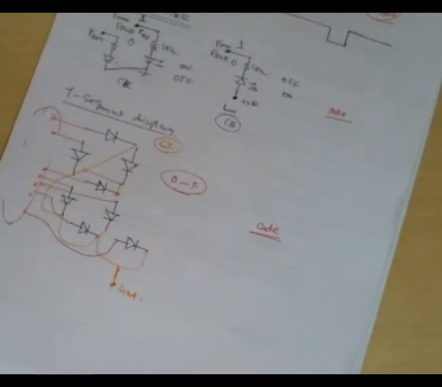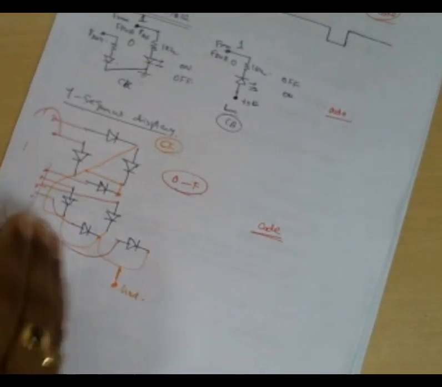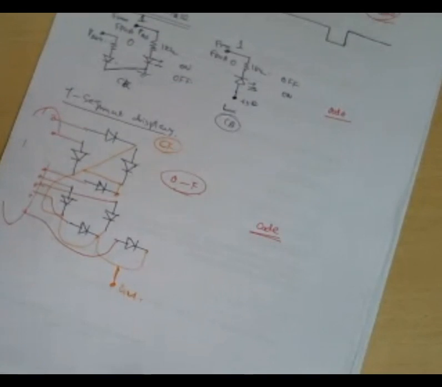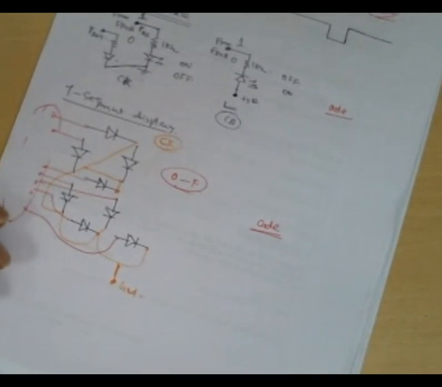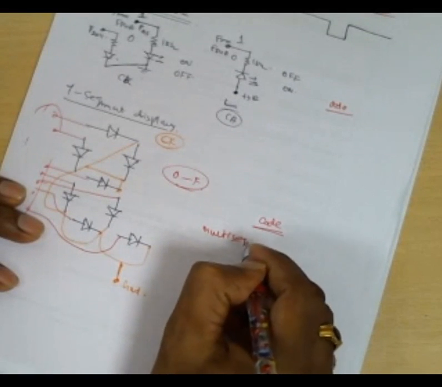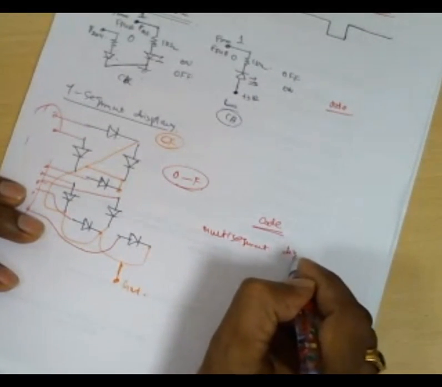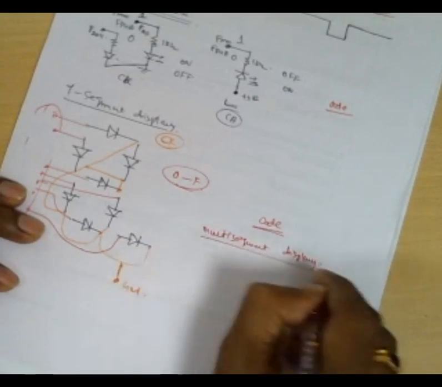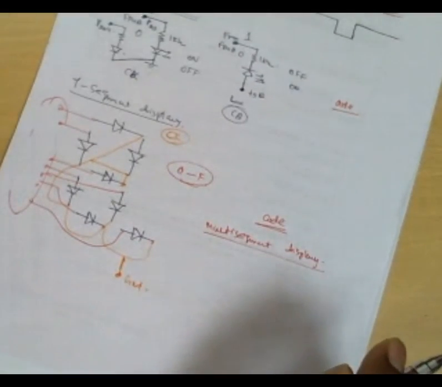So this is the 7-segment display now. More than one 7-segment display, say 2 7-segment displays, then we should go for driving the 7-segment displays and feeding the data, right? That is what we call a 7-segment array. The advanced version is called a multi-segment display, but we do not include it in this course. We will include it in the DSP course.